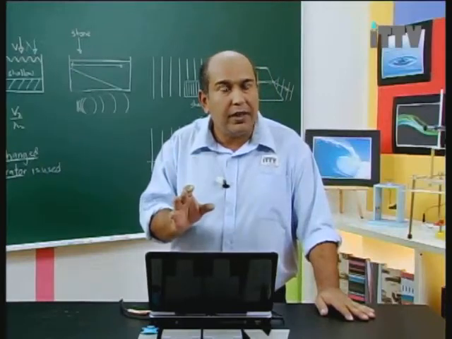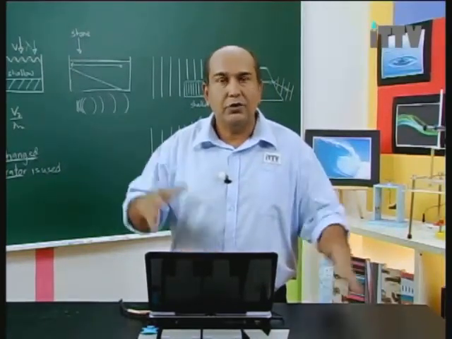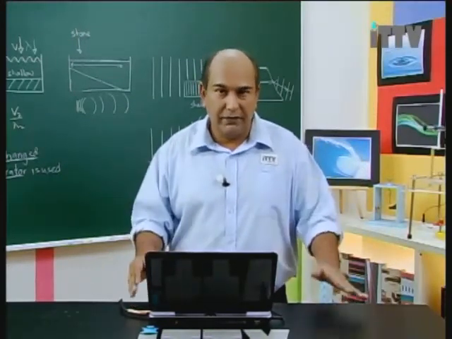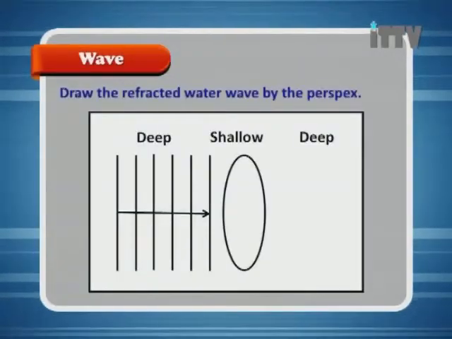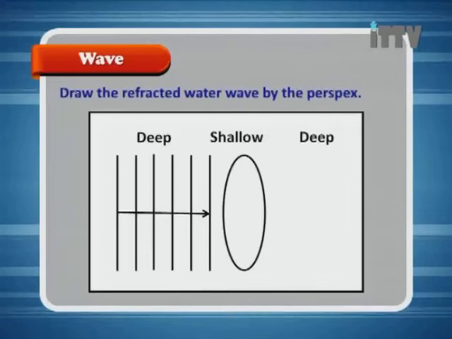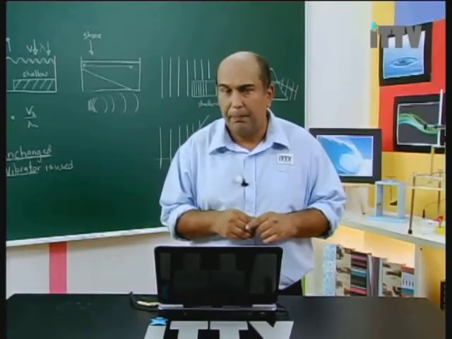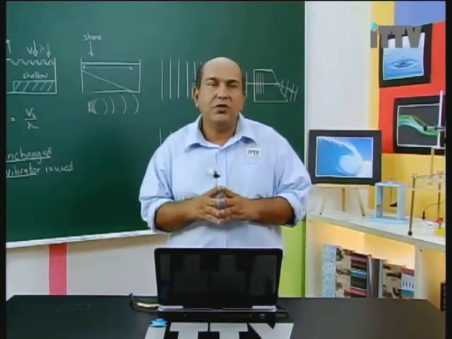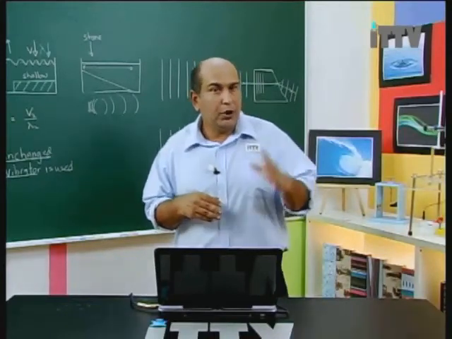Remember, in the shallow area, you must have a short wavelength, and in the deeper area, you must have a longer wavelength. Now, draw this one. Here we've got a surface that is circular, so our shallow region is a bit more tricky. Now, here as a rule of thumb, the wave fronts will follow the shape that they first encounter. So in this case,